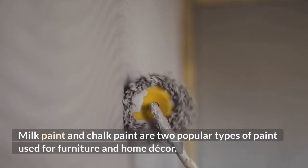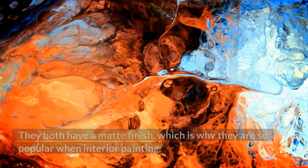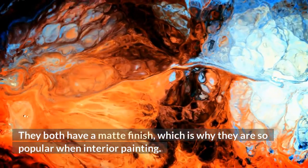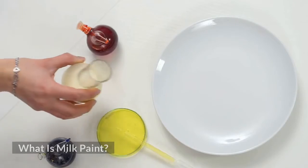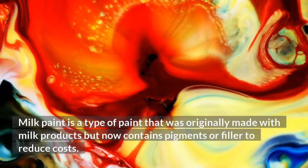Milk paint and chalk paint are two popular types of paint used for furniture and home decor. They both have a matte finish, which is why they are so popular when interior painting. But are they the same? What is milk paint? Milk paint is a type of paint that was originally made with milk products but now